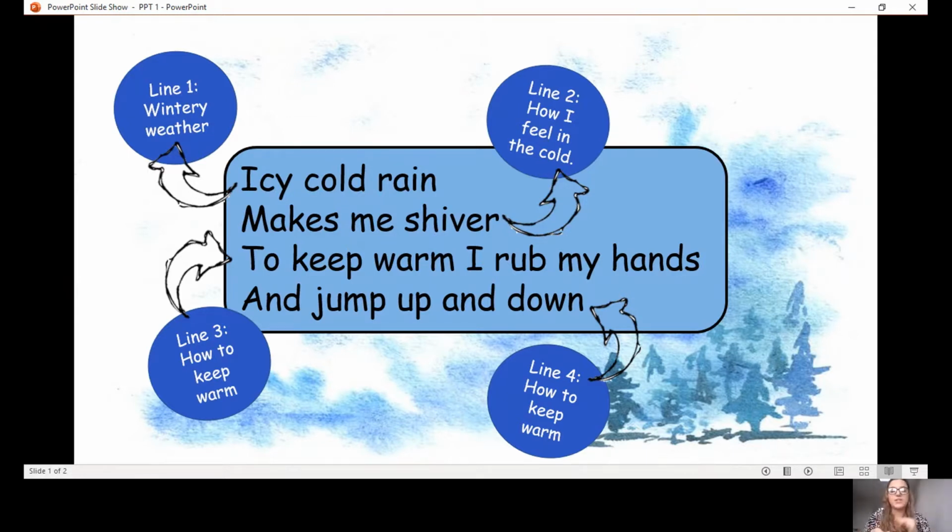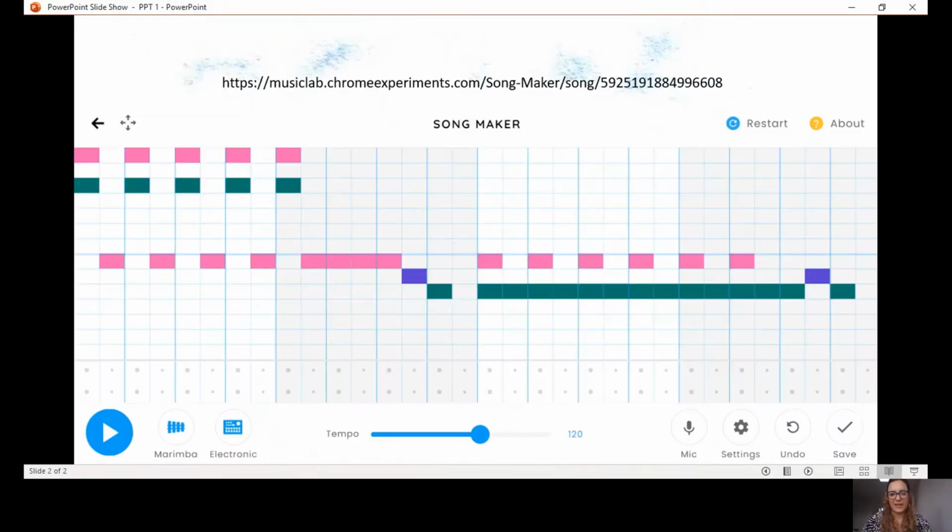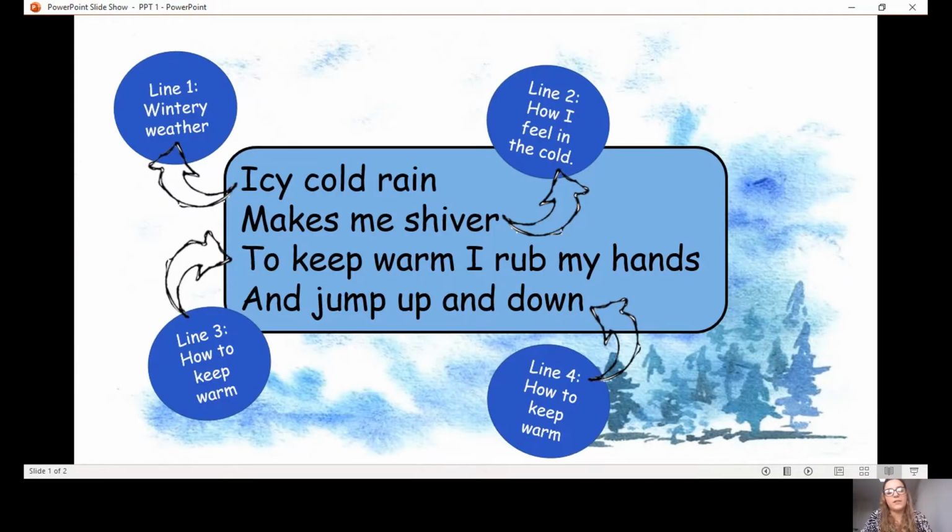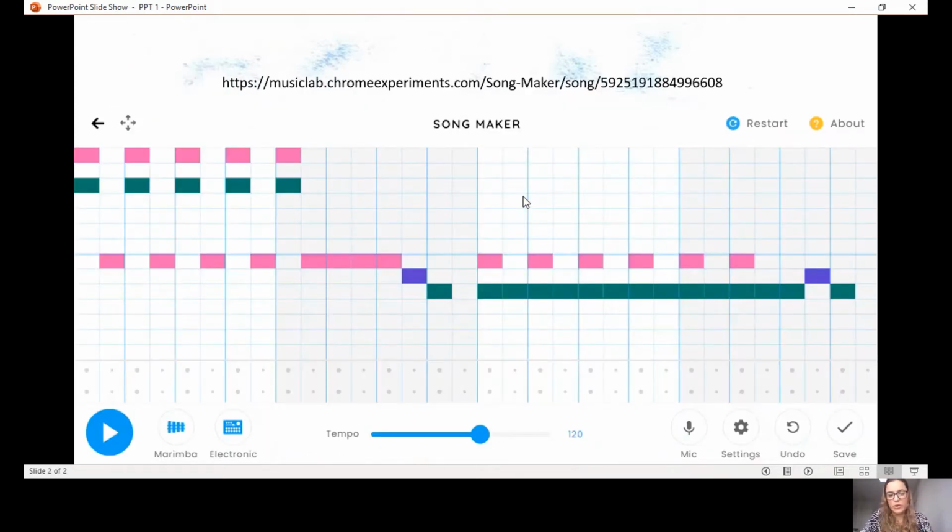I'm going to use this one line to inspire a really, really short piece of music that I'm going to write on a special piece of software called Google Chrome Music Lab. It looks a little bit like this. I am going to show you how to use this program now, and then what I would like you to do is write your own piece of music based on one line from your poem on Chrome Music Lab and share it with me. I can't wait to see them. You should only have a very, very short piece of music, and I will see them on Seesaw. Over to Ms. Webster from the future, showing you how to use Songmaker.